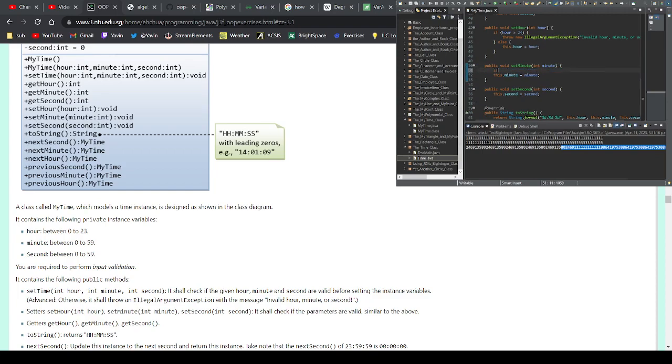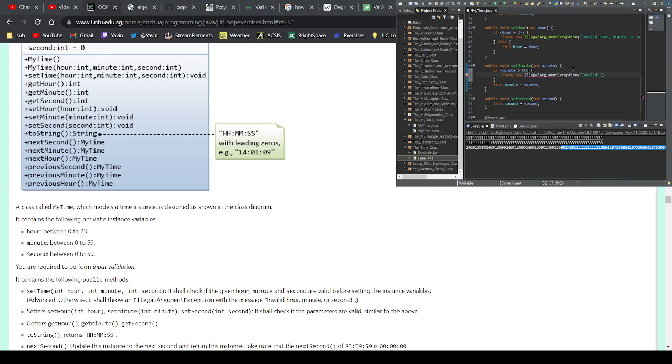So if minutes is above 60, or actually above 59, well, actually, it should be above 60, right? Then throw new illegal arguments exception,